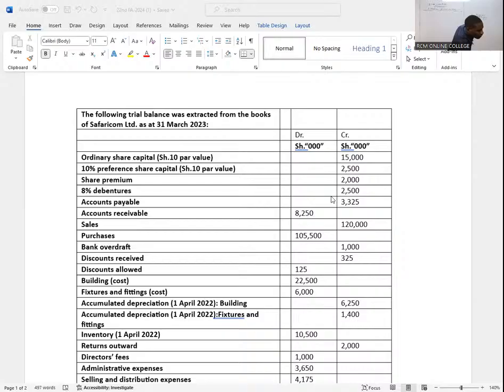I want to know whether you are able to see what I'm displaying. What is the amount of our sales? Look at the sales, please, and then chat me up. What is our sales? It is 120,000, from Sharon. Is it debited or credited? In our trial balance? Of course, it is on the credit side.